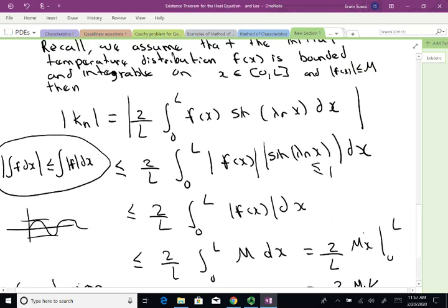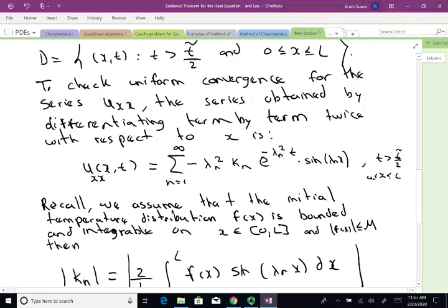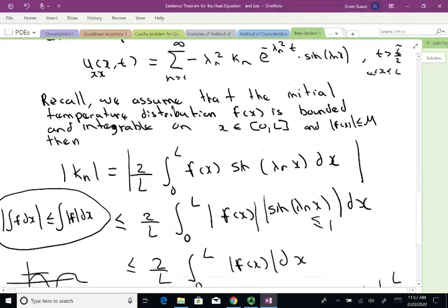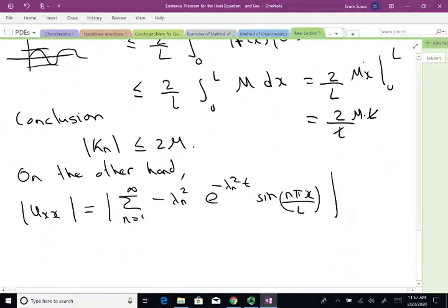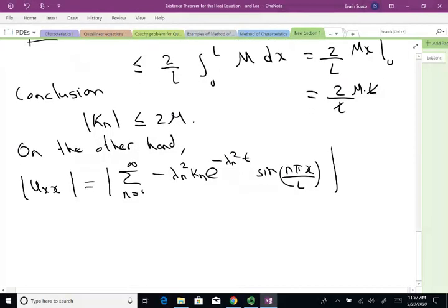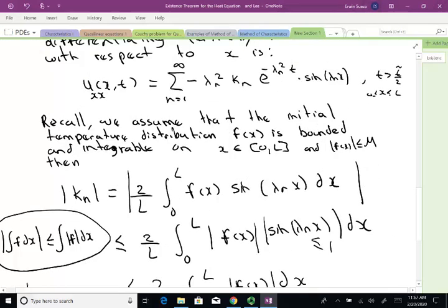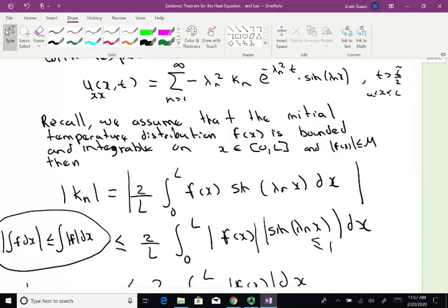Right? This is my... oh, and I forgot the k sub n, right? Lambda n squared k sub n. K sub n. Okay? So by triangle inequality, so let me put these in some orange, because those are kind of